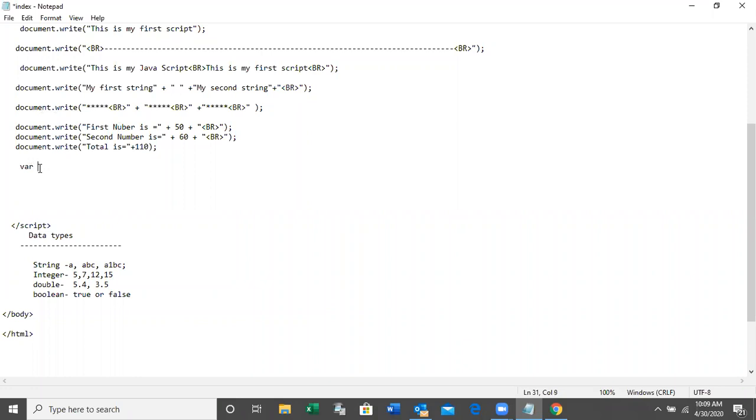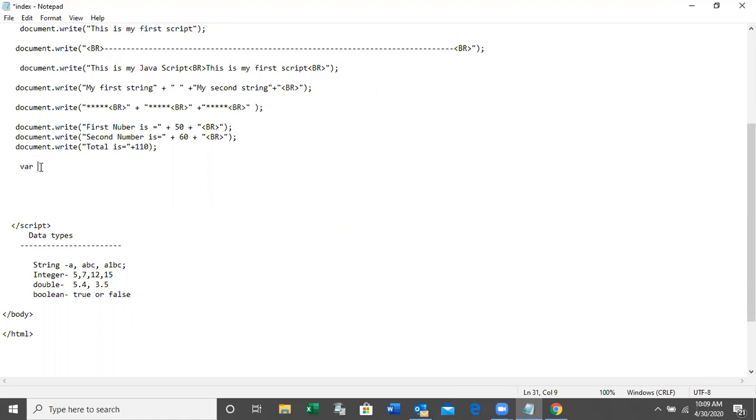So we use the var keyword in JavaScript to declare a variable. First of all, what is a variable? Why do we want to use a variable? A variable is a temporary memory location we can use to store a value temporarily.